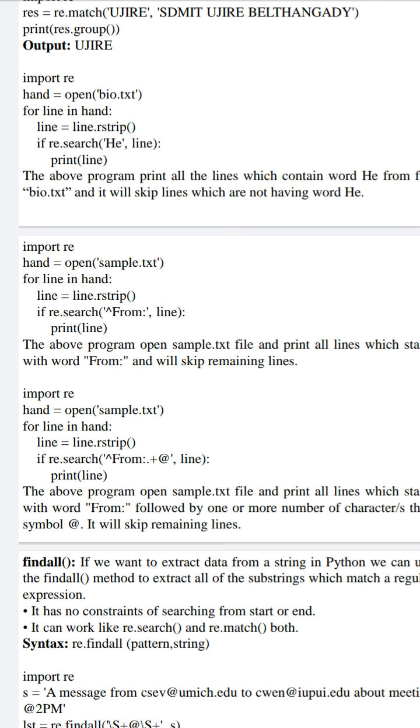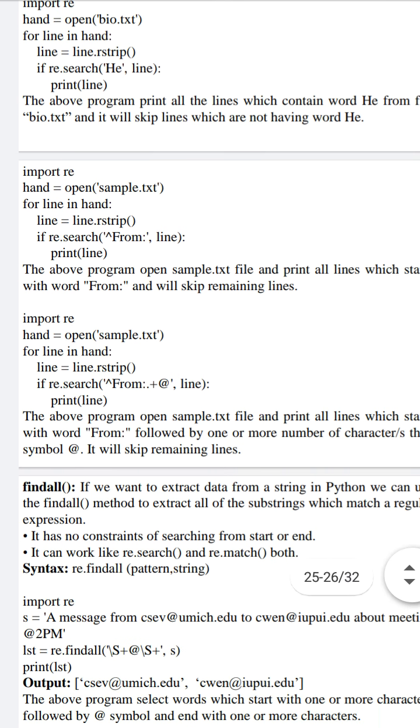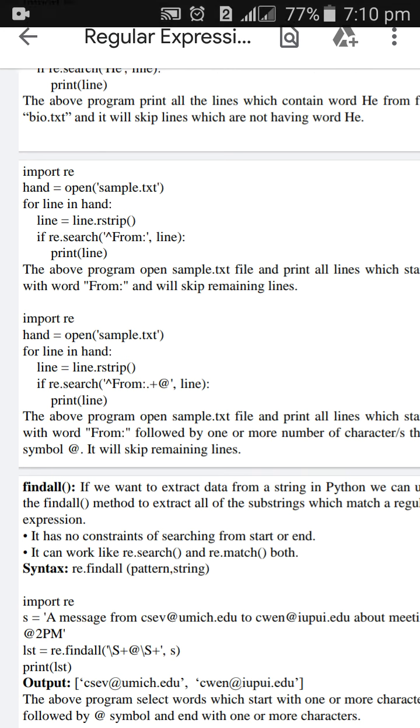I am reading the content of bio.txt line by line using a for loop, and after that I am applying the rstrip built-in function on the read line to remove the special character, that is \n, and after that in that particular line I am searching for the keyword he.